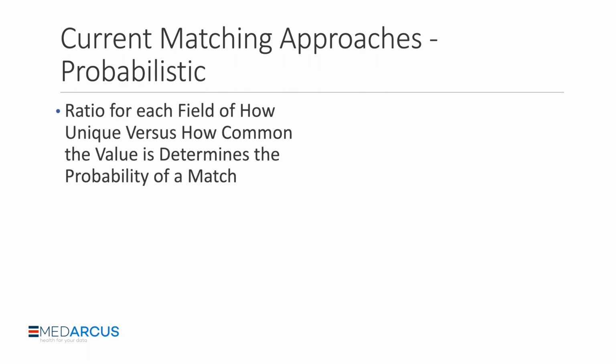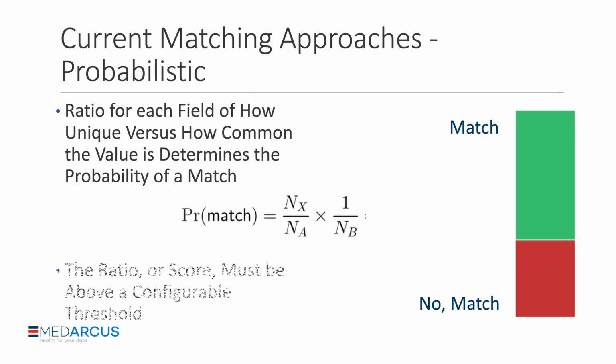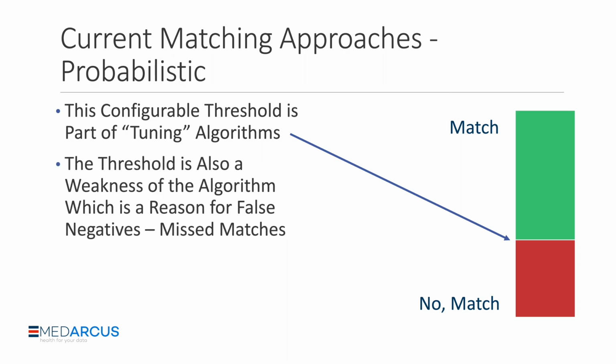The most common probabilistic algorithm is called Fellegi-Sunter, and in its simplest description, it just computes a ratio of how unique the values are versus how common they are. And that ratio is the match score for that pair of data. And when you combine all the values for the fields together, it should rise above a certain threshold for the entire record to be considered a match. That threshold is configurable, so there's often a lot of work in the beginning of these projects to tune the algorithm thresholds properly. The threshold is also probably one of the biggest weaknesses of this algorithm too,